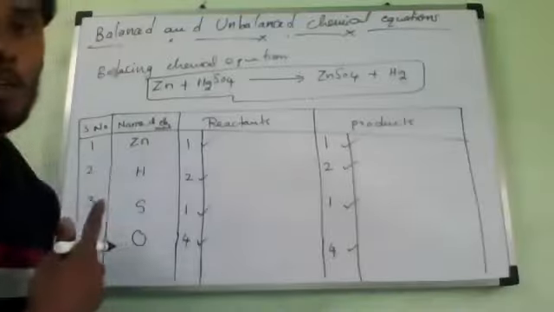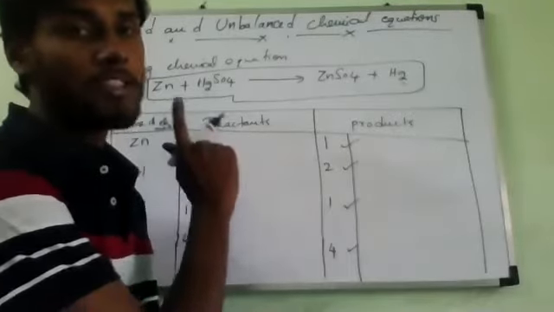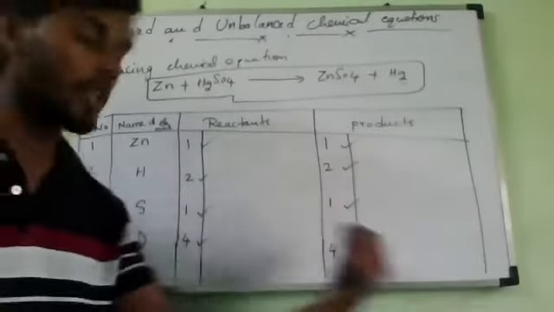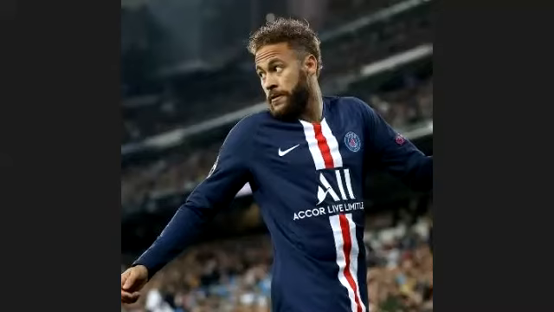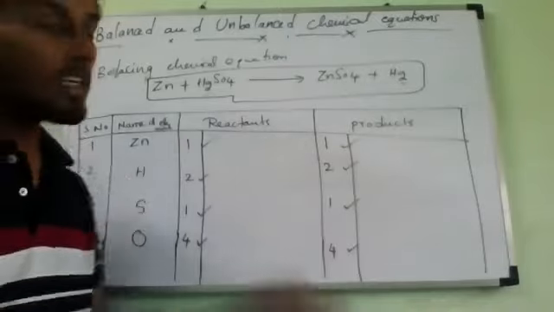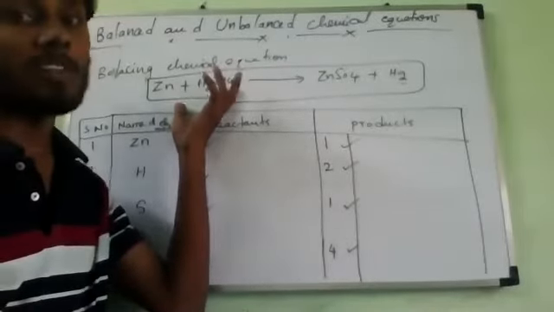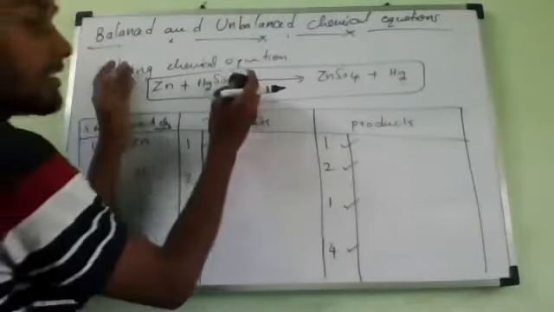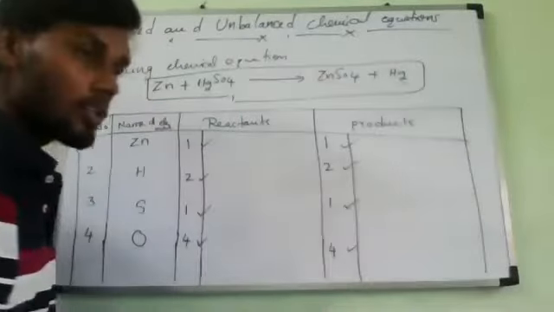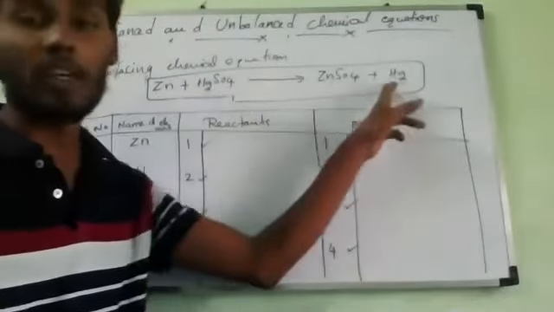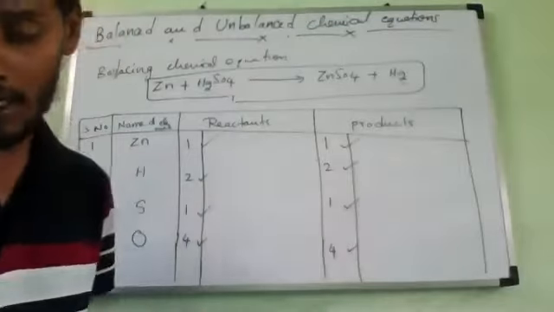Yes, sir. Now if you observe here, as we know, the number of atoms of various elements on the reactant side and product side, is it equal or not equal? Equal. Means we can say that the balanced chemical equation has equal mass of various elements in reactants and products. Is it correct or not? If we take the mass of the reactants and the mass of the products, the atoms are in different positions, they are having different atoms here and there. But the total mass is equal or not?